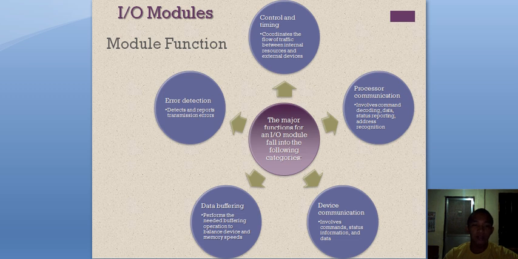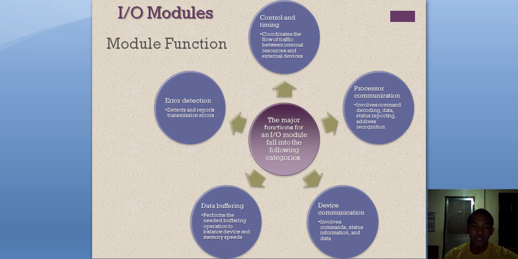Status reporting. Because peripherals are so slow, it is important to know the status of the input-output module. For example, if a module is asked to send data to the processor, it may not be ready to do so because it is still working on the previous input-output command. This fact can be reported with a status signal. Common status signals are busy and ready. There may also be signals to report various error conditions.